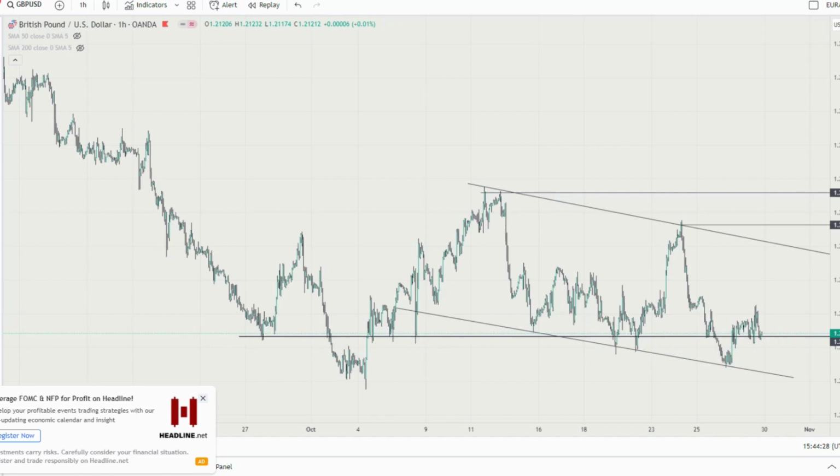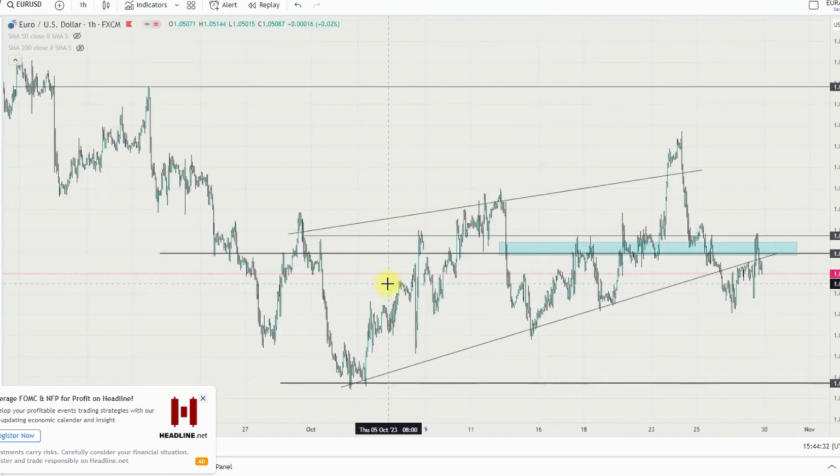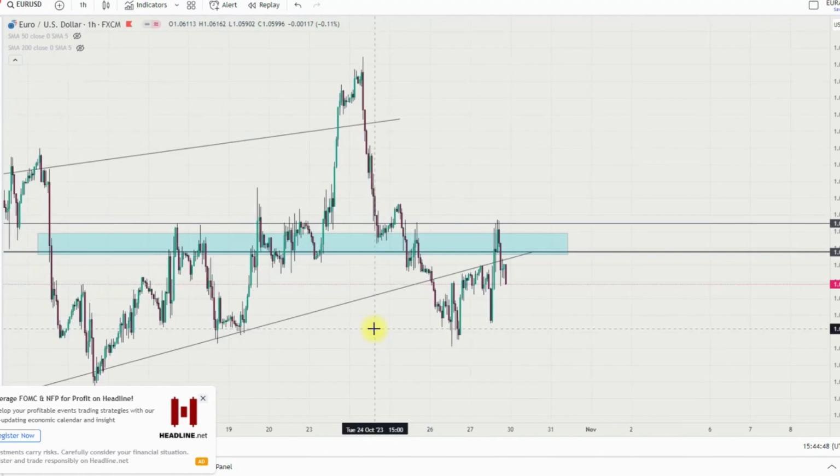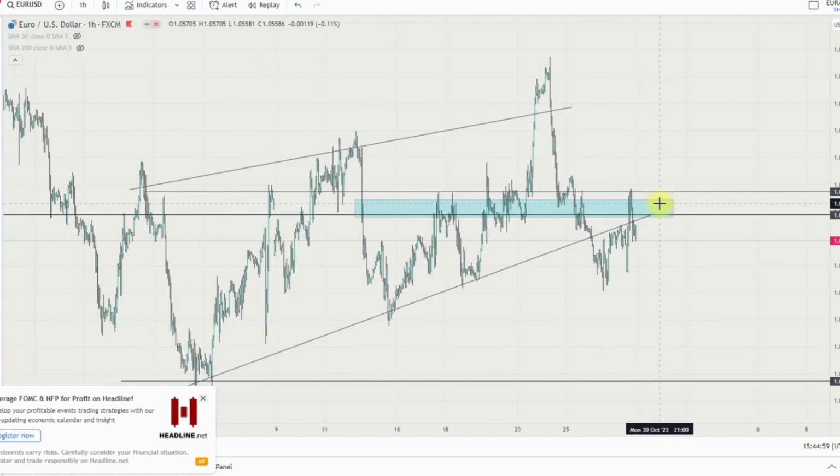So the next pair I want to check is the Euro US dollar. My bias on GBP USD is different from Euro US dollar, and it depends on what I see, not anything correlated at all. So yeah, I dropped this pair last week that okay, we have a retest at this area, and lo and behold, we have the rejection at this supply level right there. So I'm looking for a bearish bias on Euro USD back to this level, and if price now moves and stays above 1.05777,